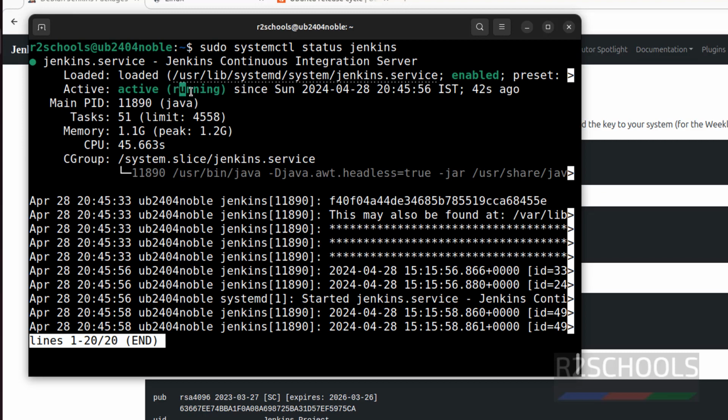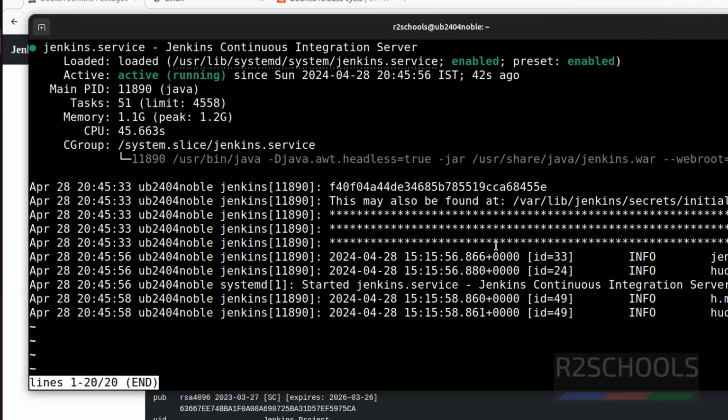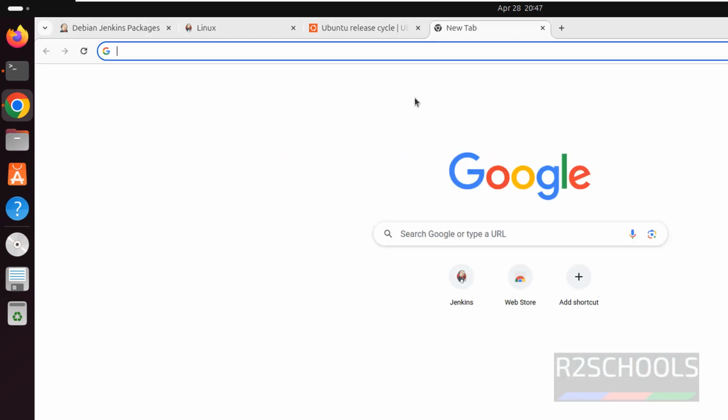See, Jenkins service is running and service is enabled. Let me maximize this one. See here we can find the admin password at this location. Q to quit. So we have installed Jenkins and its service is started. Now go to the browser, then give